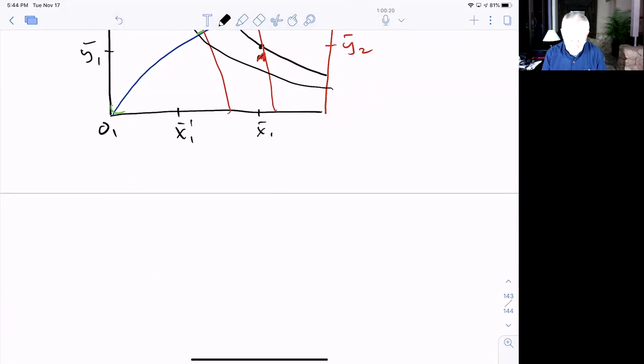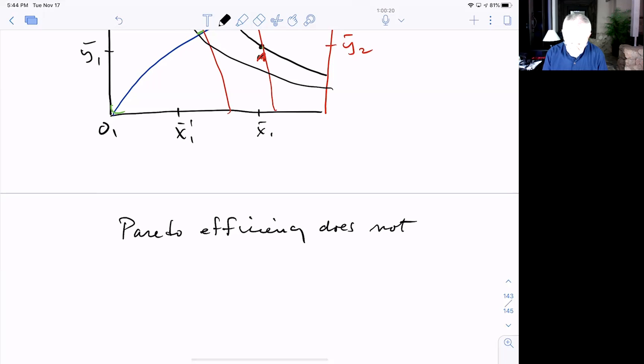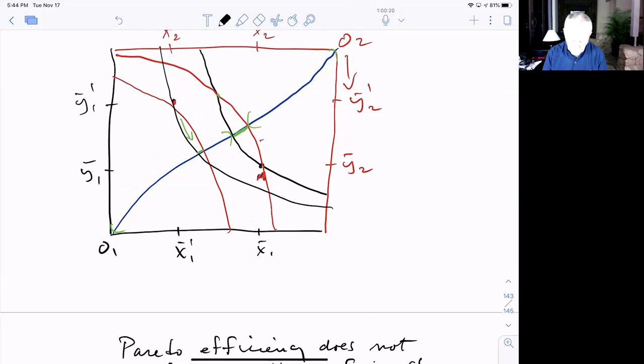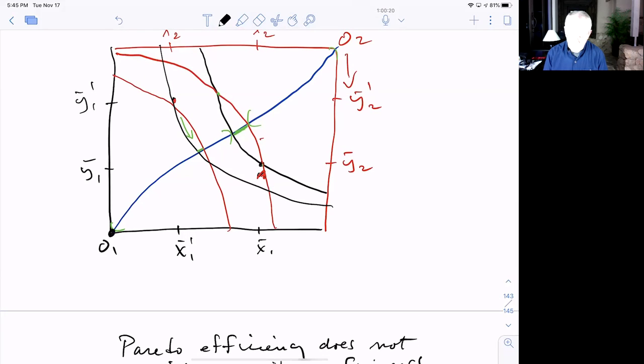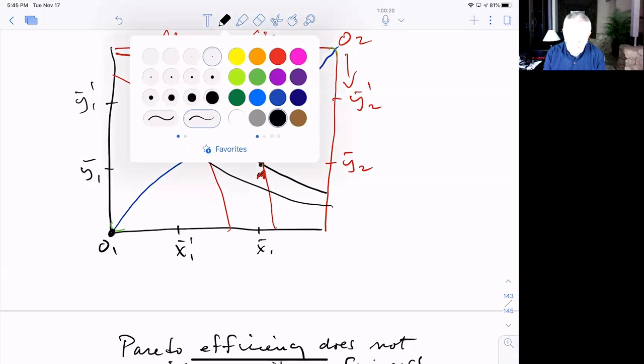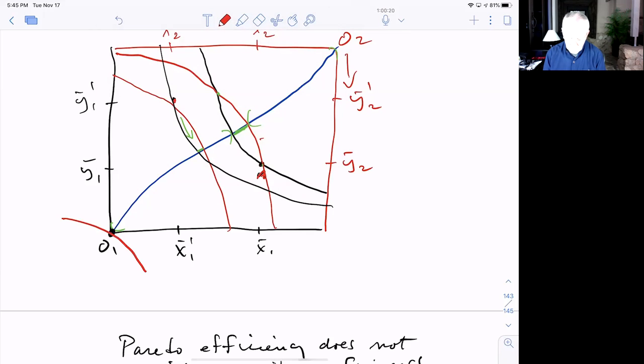Now, think about this Pareto efficiency. It does not consider equity or fairness. Look, think about this. Suppose that we gave all X and all Y to person 2. So here's person 2's indifference curve to that point. So 2 has everything. 1 has nothing. Doesn't seem very fair,